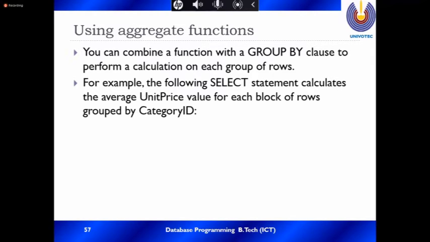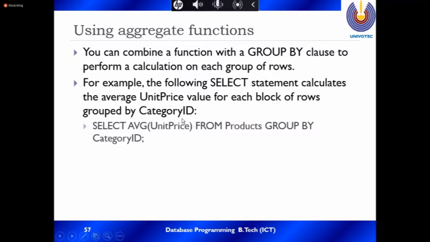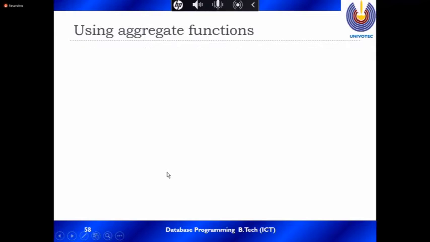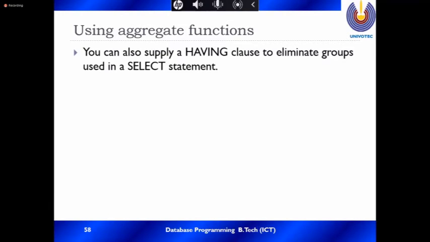Our university has 13 graduate programs, and we want the category-wise sum of the course or registration fees. Select average unit price from product group by category ID. Then you get each category ID with its average price.